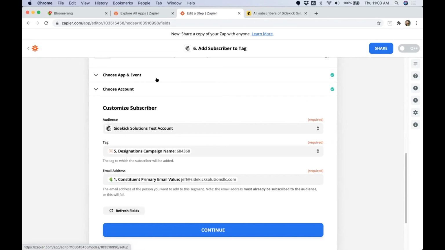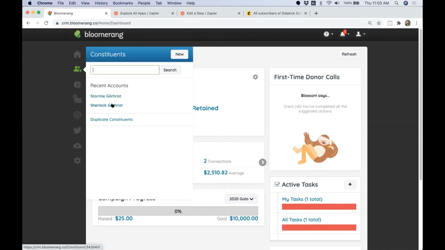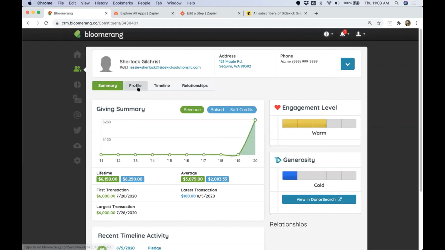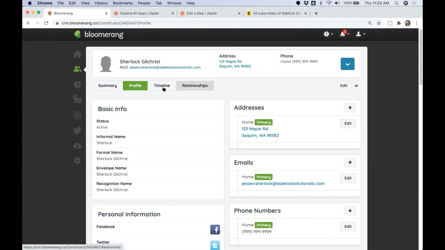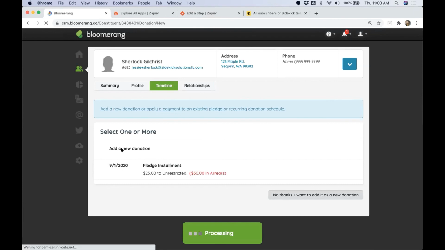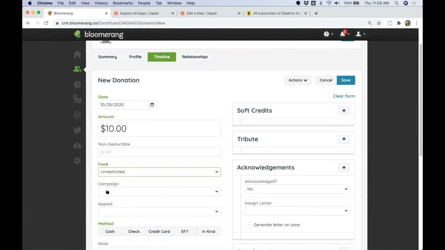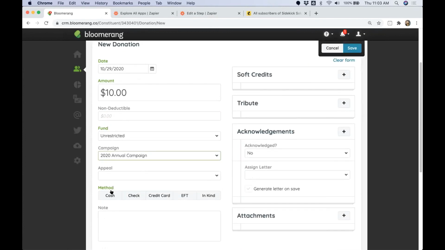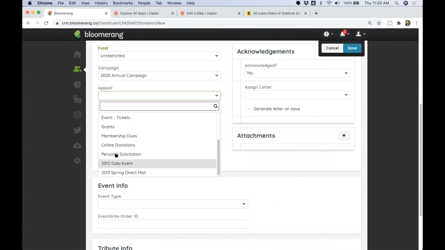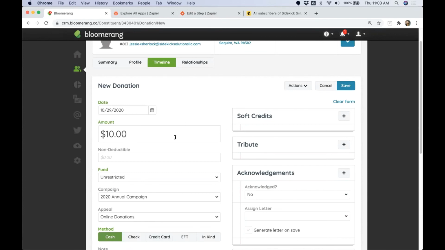So let's go ahead and show how this works in real time. I'm going to hop over to Bloomerang, and we are going to open up a constituent, and we are going to enter a new donation. So we're going to go to the timeline, and we're going to add a new donation for Sherlock. And we are going to add just a $10 donation to our unrestricted fund. We're going to say the campaign is the 2020 annual campaign. I'm going to say this was an online donation, with method of cash. And again, just populating some information in here so we can show how this works. So when I click save,